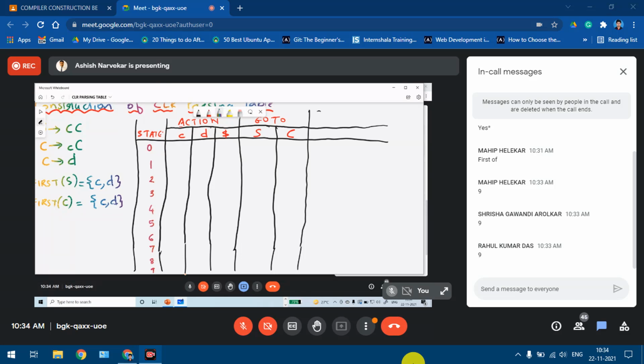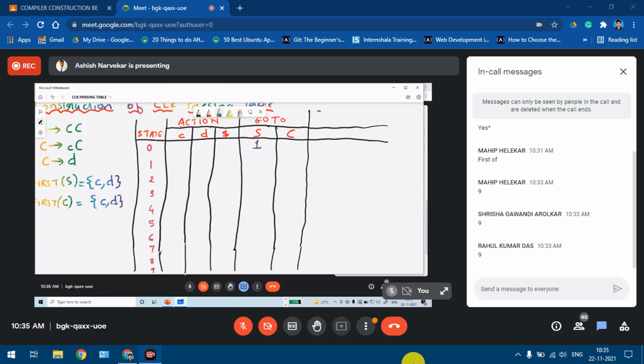Starting with state 0. From state 0 on the input capital S, it goes to state 1. As per the algorithm, if there is a non-terminal after the dot, then we consider its entry under the go-to column under that particular non-terminal. So under S, it will appear as 1.